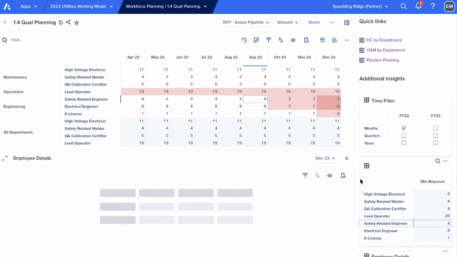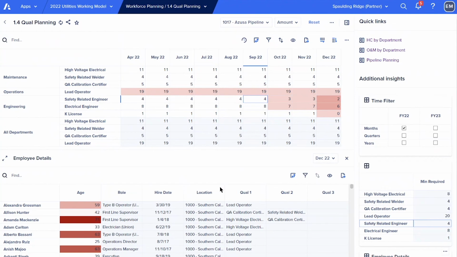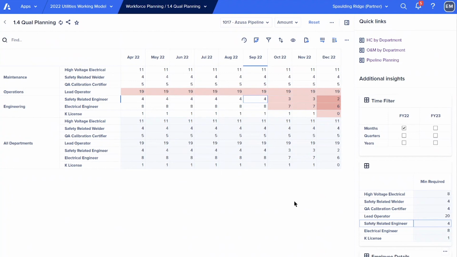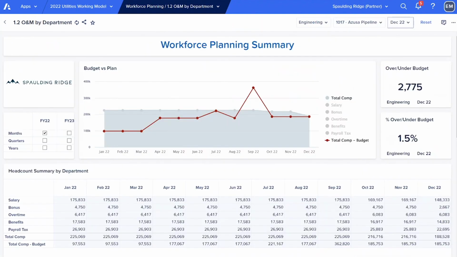If I want to get into the details of that, I can do that through these cards on the side that show more details, like the age of the people that hold the qualifications, where they're located, which quals they have, and all the background data associated. But this is how, just through those 4 quick, brief dashboards, we're able to see that headcount can be applied through the business plan, the financial plan, a talent acquisition plan, and a training plan, and it can all be housed within Anaplan, within one software where all people keep their plans together, and you can draw from insights to apply those together to look at decisions in the future.